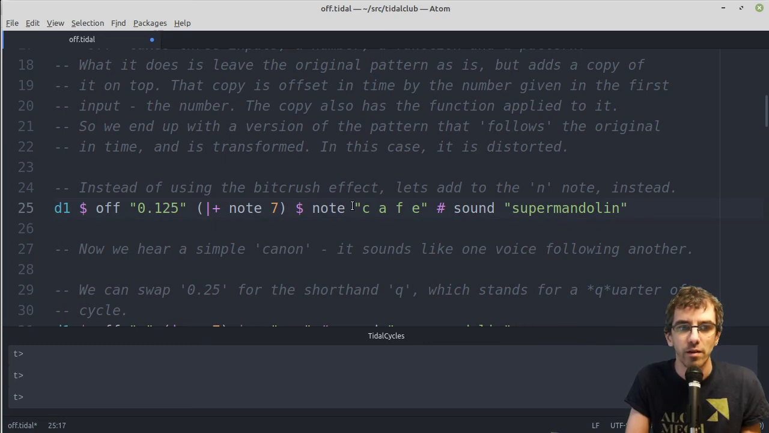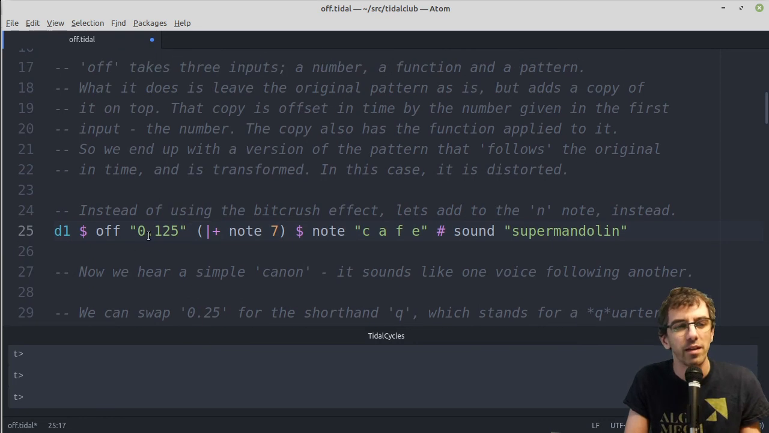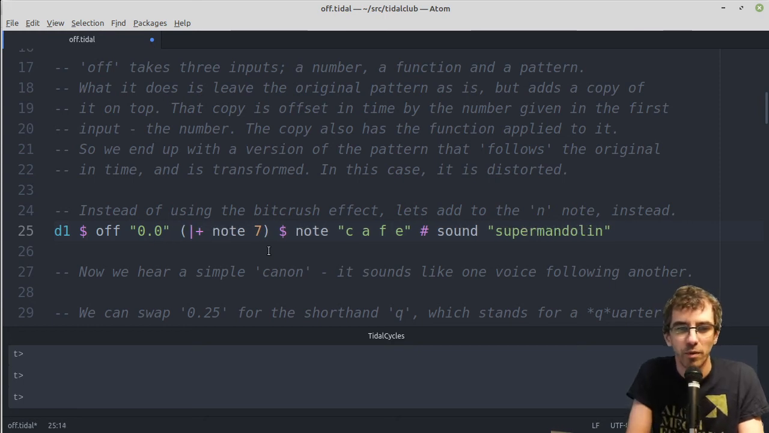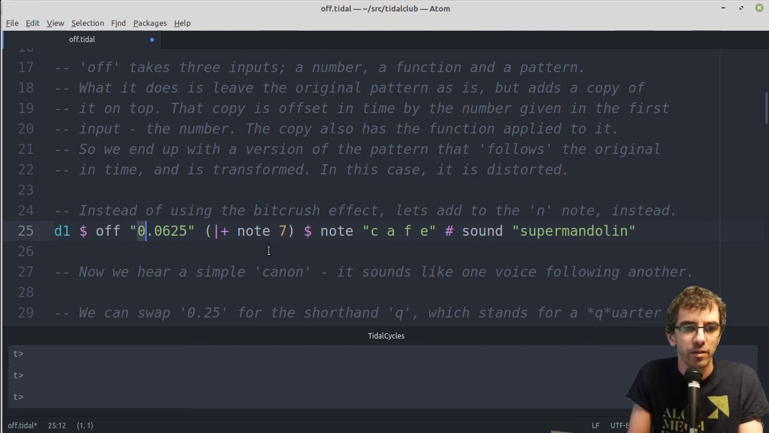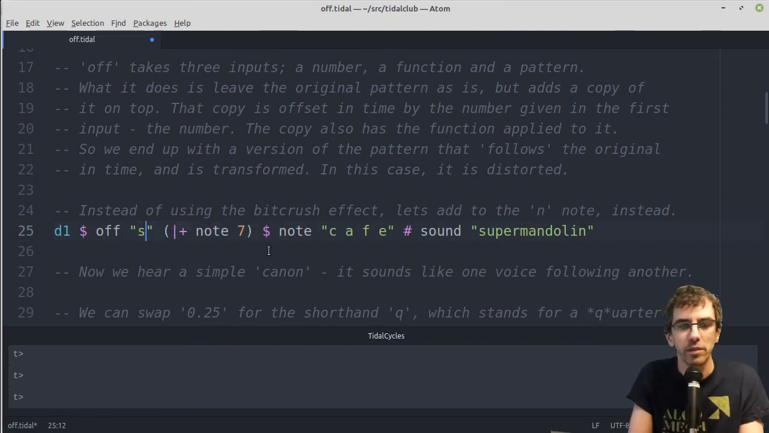So there we go. So describing an eighth as 0.125 is a bit difficult, especially if you wanted to do a 16th, that would be even harder to remember. I think a 16th would be 0.0625. But what you can do instead, there are shorthands available. This is something quite new to Tidal, so it's not super well documented, but you can just put S for 16th,